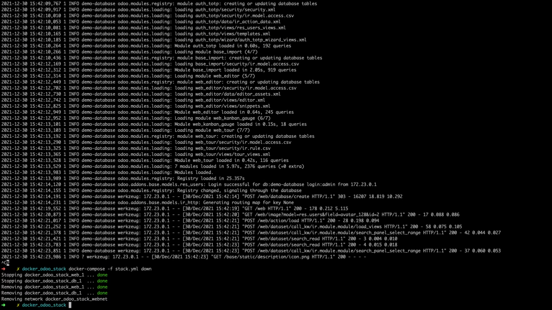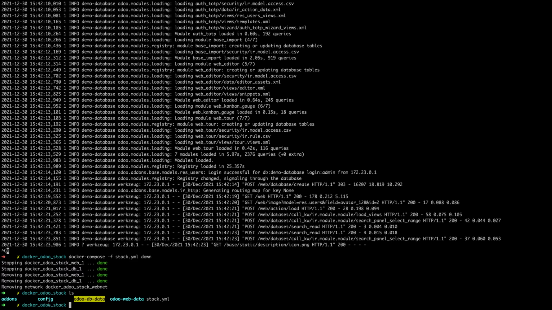Now we have to make few changes in our Docker stack file. Before that, I will show you the directory structure. As I mentioned, I kept my config file here, my Odoo database and file store. They will be copied to this folder. This is for database, and this is for our Odoo application, file store, everything. I've created one add-on, so you can keep this similar structure where you can put your custom add-ons into one folder. So let's see what we have in this add-on folder.